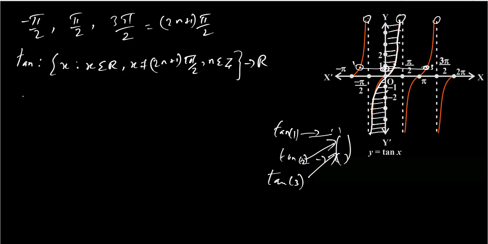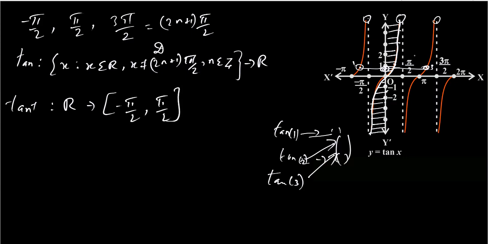So if we want to write the tan inverse function, the domain of the tan function becomes the range of tan inverse, and the range of tan becomes the domain of tan inverse. So tan inverse is from the whole set R to the range from minus pi by 2 to plus pi by 2. We have taken one strict range, a branch, not the whole tan function. We have taken from minus pi by 2 to plus pi by 2.